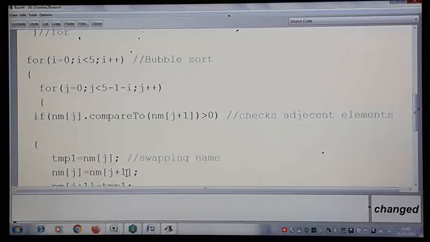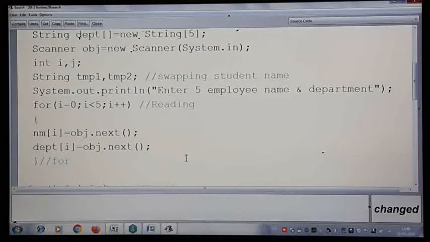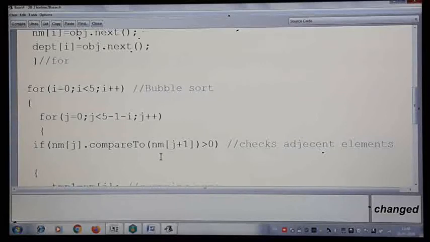So normally sorting is applied for a unique field where you don't have any repetitions. Simply as an example, I have taken employee name and department. Suppose the names are common, at least the first name, second name, based on that we try to swap, or based on that we try to go with the sorting. So I have taken one simple program, name and department. We are just concentrating on how exactly string type sorting will take place here.